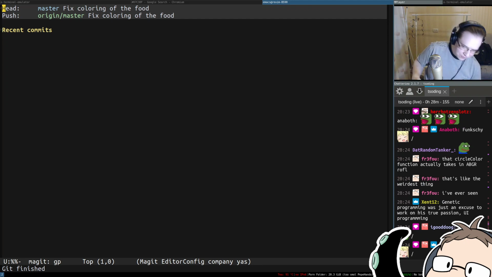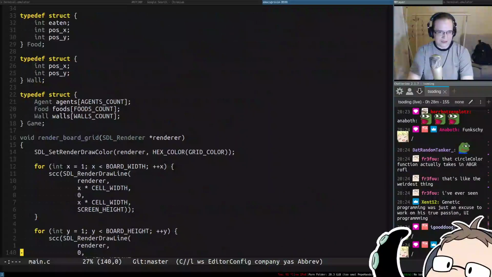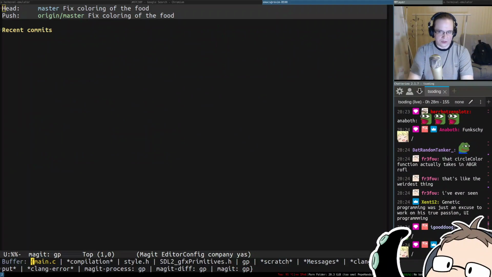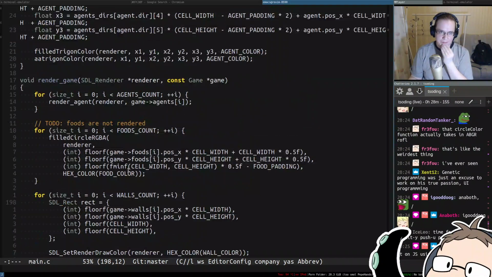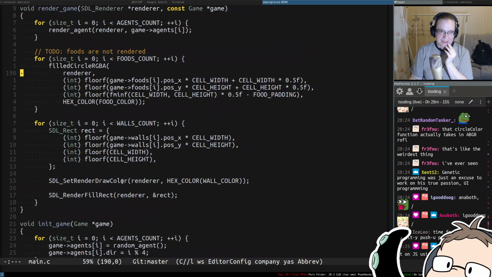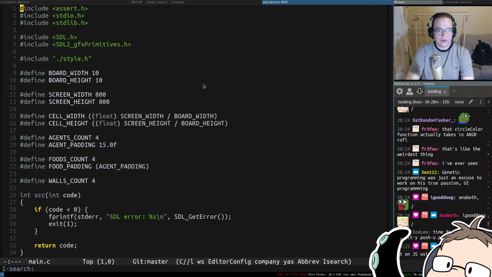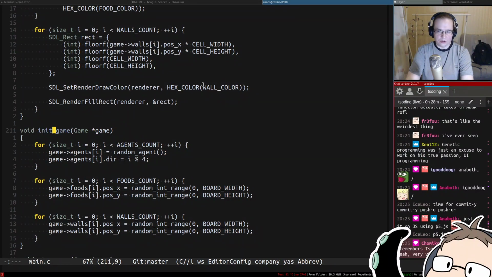All right. So what's the next problem we want to solve? I think the next problem is going to be actually not spawning things on already taken cells, right? So init, and I think the easiest way to approach that would be